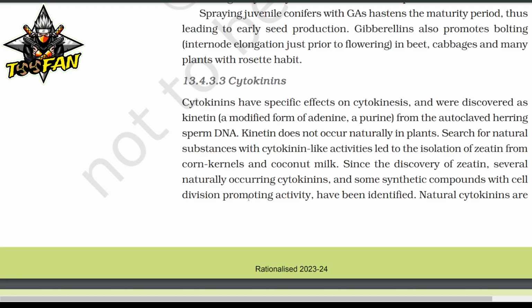Cytokinin. Cytokinins have a specific effect on cytokinesis and were discovered as kinetin, a modified form of adenine, a purine, from autoclaved herring sperm DNA. Kinetin does not occur naturally in plants. Such a search for natural substances with cytokinin-like activities led to the isolation of zeatin from corn kernels and coconut milk. Since the discovery of zeatin, several naturally occurring cytokinins, and some synthetic compounds with cell division promoting activity have